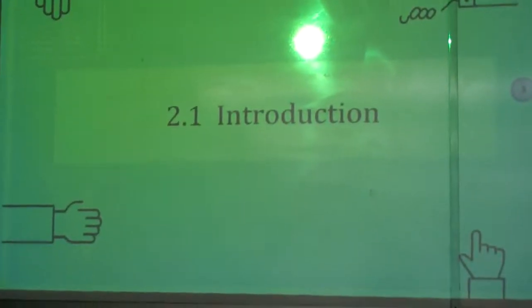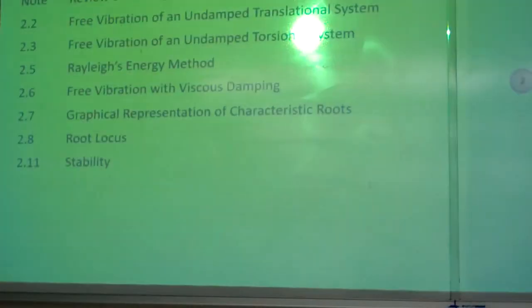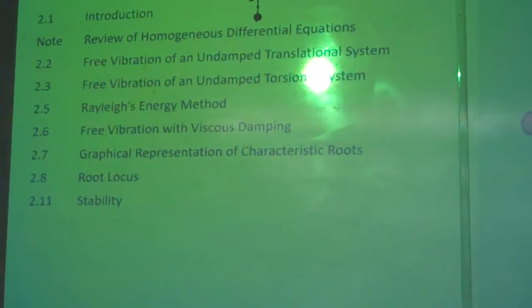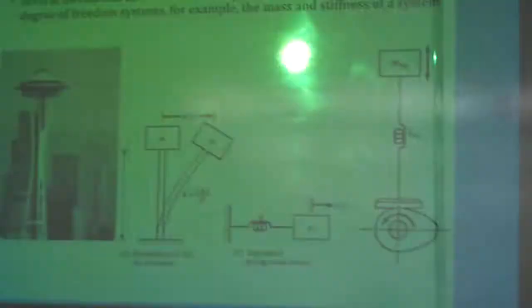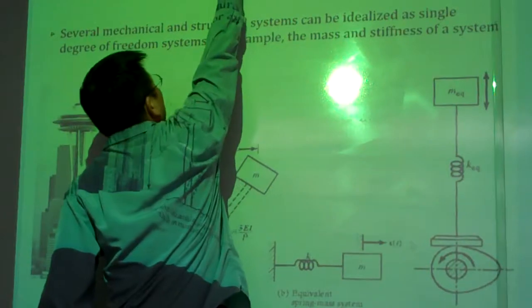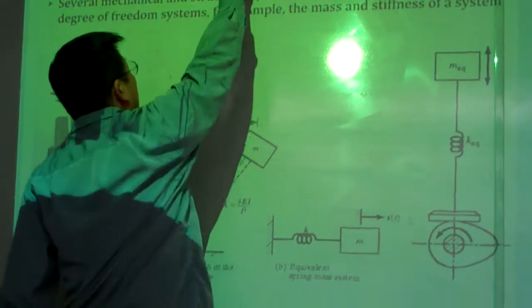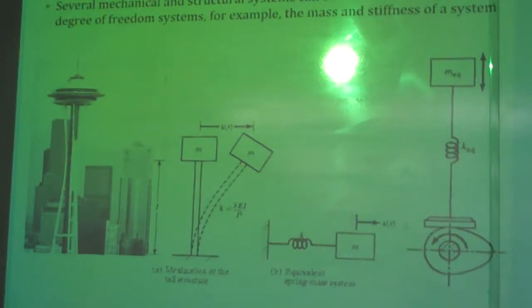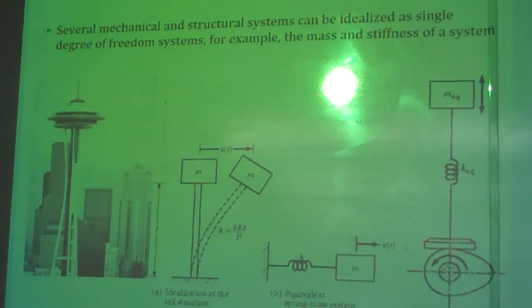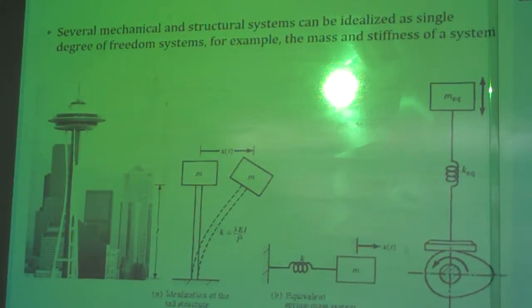So we can start the new sections. Here will be the introduction to free vibrations. First I want to give you these outlines, and then we can have a brief introduction. Free vibration is a system vibrating on its own initial conditions. What we call free means free of external loading. So a system without any external loading is going to vibrate on its own initial conditions, including initial displacement and or initial velocities. Okay, and